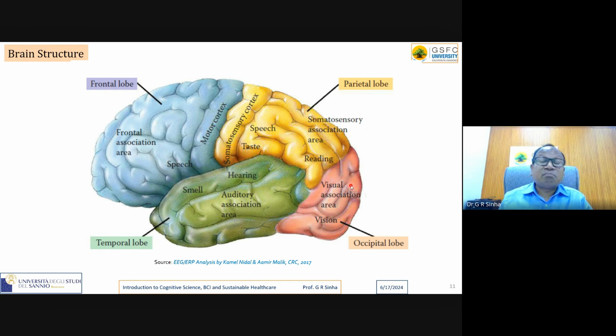When you are in the mind wandering stage, what do we mean by mind wandering? Can anybody answer what mind wandering is? When you are attending some lecture or doing some work, you're not able to pay attention. Your mind is going somewhere else. You are thinking about something else, somewhere else, that is mind wandering. So, do you know how we study mind wandering? Mostly from this occipital area, because whenever you do mind wandering, you visualize something.